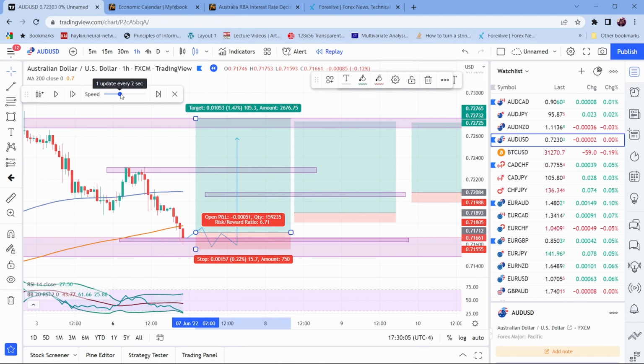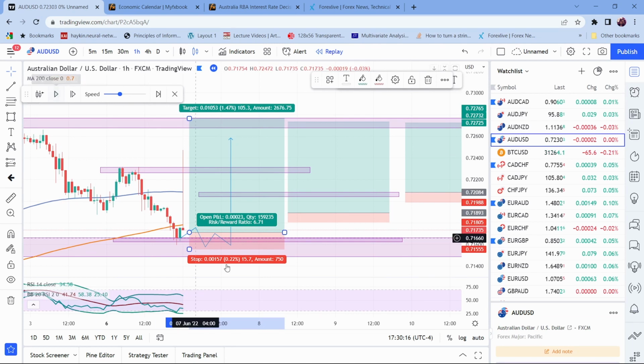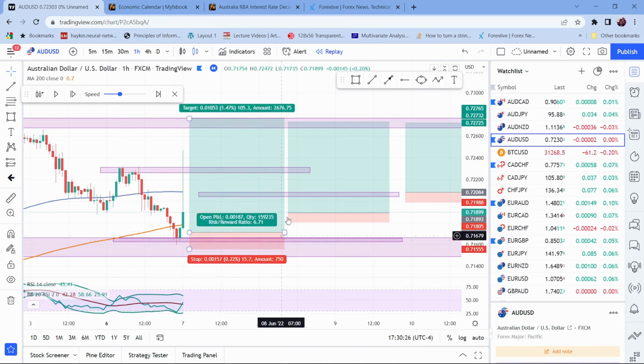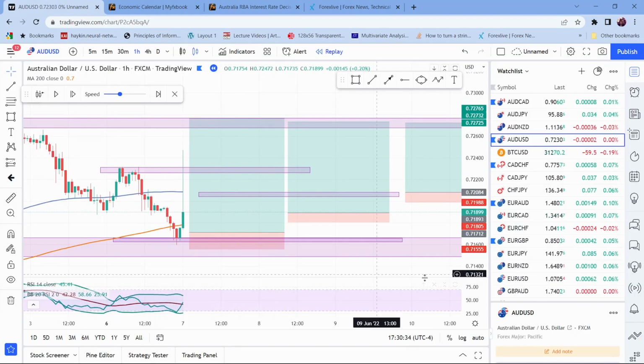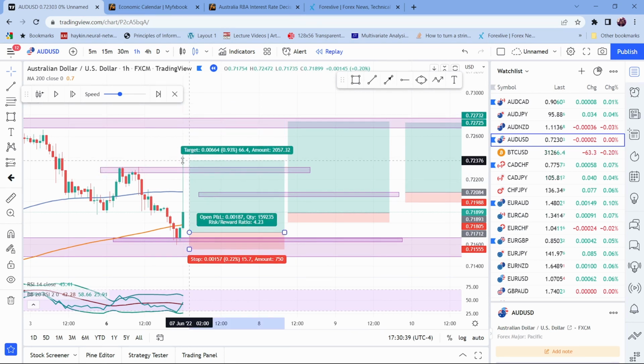And if we play this, we could see that this actually ended up happening. So we saw price come down, boom, we got that spike to the upside, right? Immediately on the release of that news, where we did see that major increase in interest rates, higher than what marketers, analysts, anyone expected, we didn't expect this number to be so high. So price spiked to the upside, and we did get our TP hit right around that 1 to 4 area.